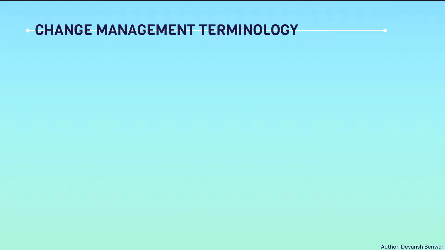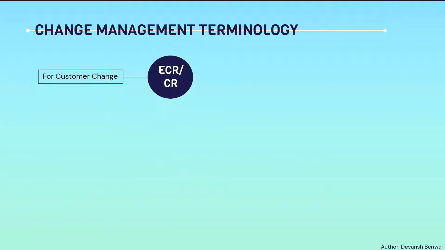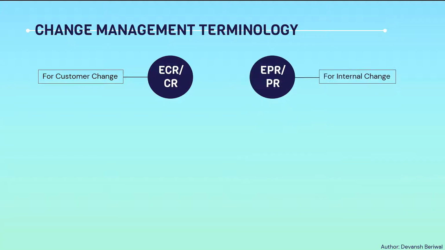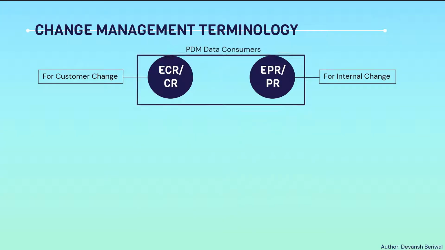Now, change management terminology used in Windchill. So number one is ECR or CR. You'll hear it again and again in Windchill while working on it. As a design engineer especially, an engineering change request or simply a change request is generated for a customer change by an engineering department, and a PR is a problem report for an internal design change. For example, we need to have more efficiency, so by giving a particular design change we are requesting a design engineer to do that. For that we need to raise an ECR or PR.